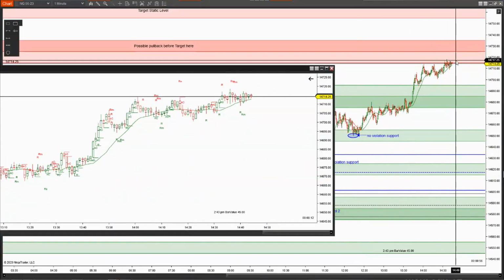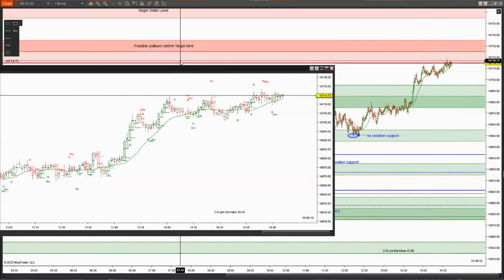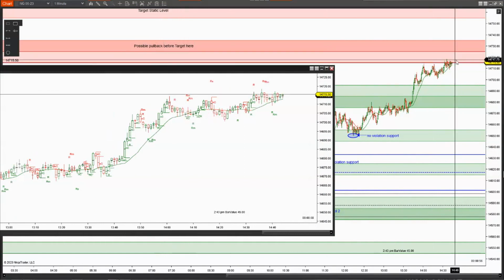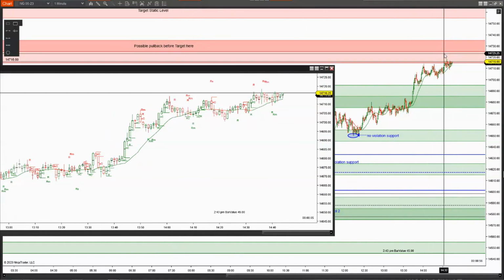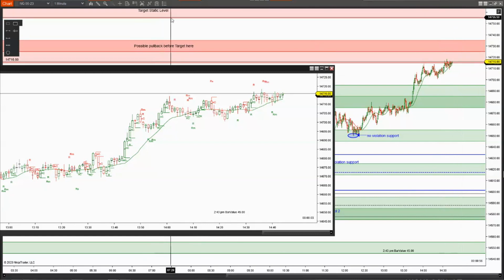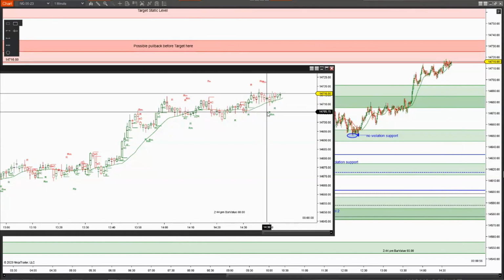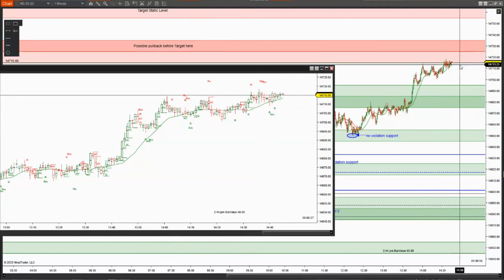Okay, this is where they're at. So you can utilize this information moving forward. And a possible pullback can still happen here, back down before they get to that target level. All right, it's possible for it to happen. So I'm going to go ahead and upload this to YouTube. If you're trying to swing trade it, possibly, you want to try to pick it up from this area.